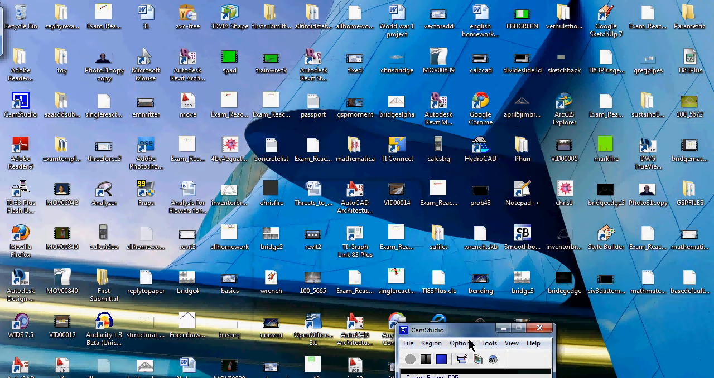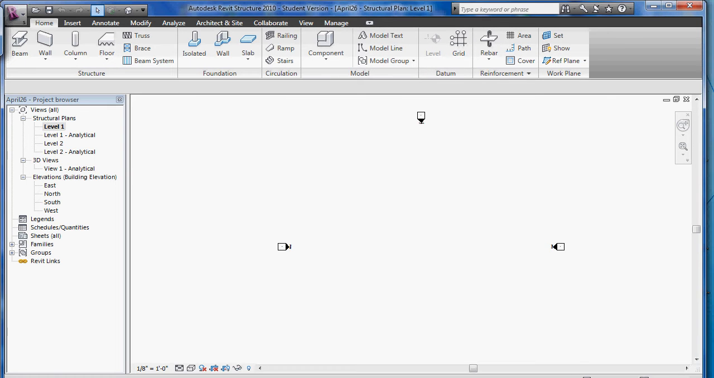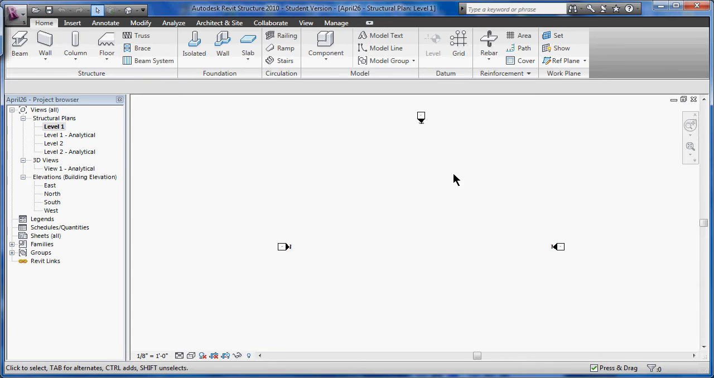Alright, we are recording and we are in Revit. We're going to go very quickly, I think, through. I think we can get the whole bit here. Started a brand new Revit project, how to go through